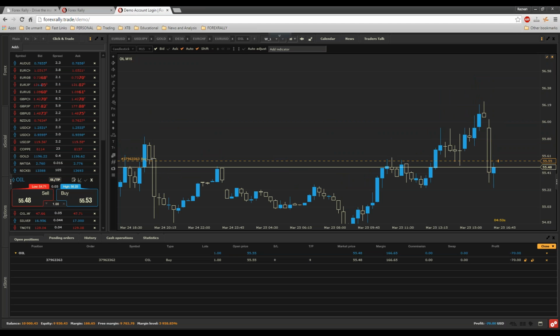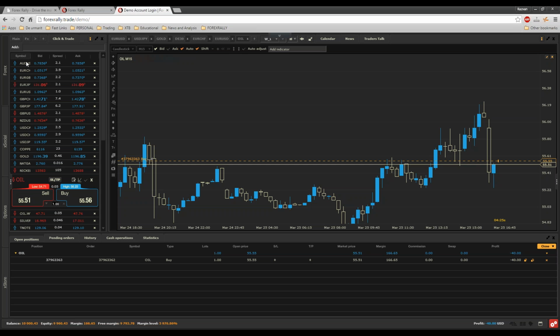Now be very careful because you will need to change this volume at some point. You should take into consideration the money that you have in your account and adjust your volume. Maybe you want 2 lots, maybe you want 5 lots, or maybe you would like to trade only 0.2 lots. Be careful because on click and trade you have a default volume of 1 lot.